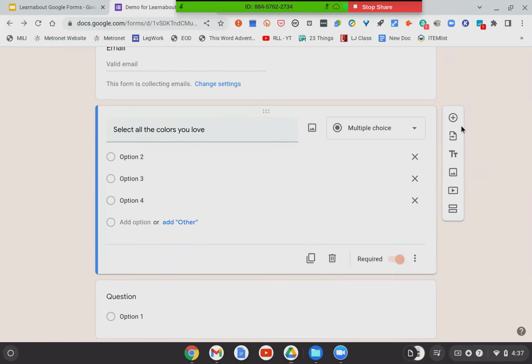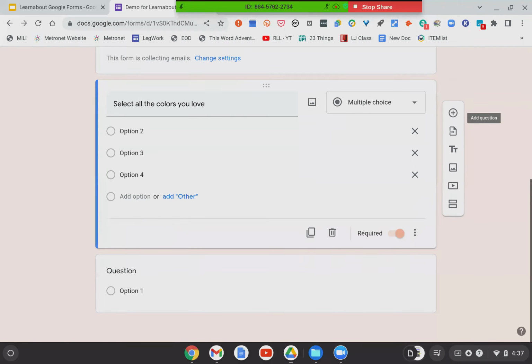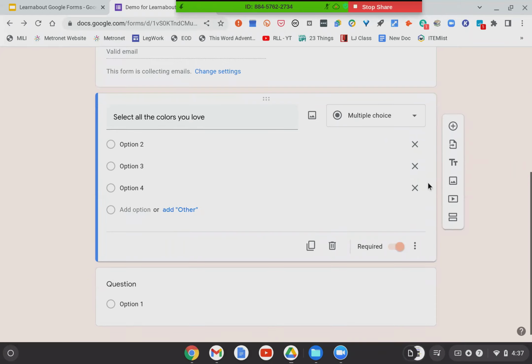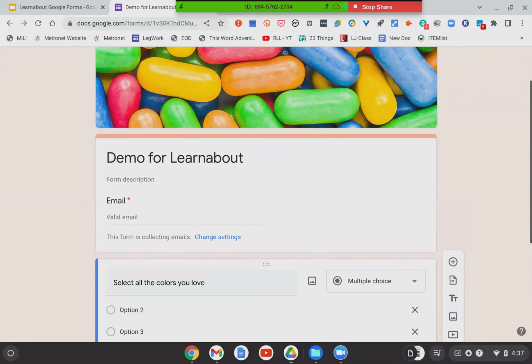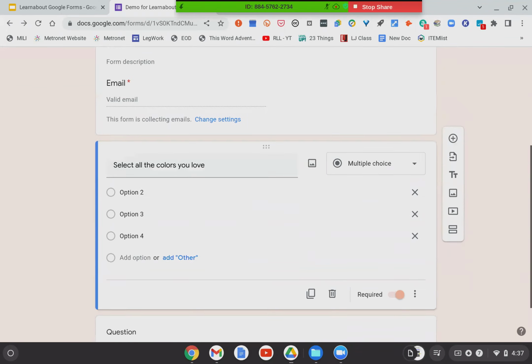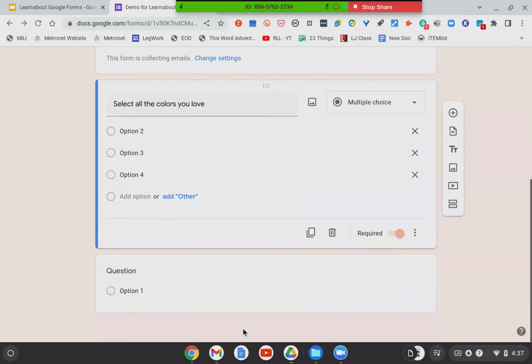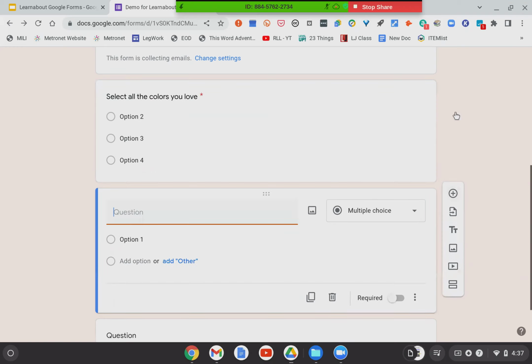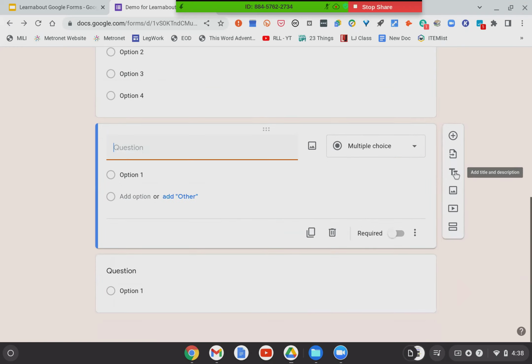Along the right here, this is the main toolbar for creating questions. And as you move through your form, you'll notice it moves with you. Our form is not very long right now, so it's not doing a whole lot of movement, but it does move with you as you go. So the more questions I create, the longer the form gets. This little toolbar will keep going as you're going through it. And on here, the top thing is to add a question. So I'm going to go ahead and hit another one so that we now have 3 questions.